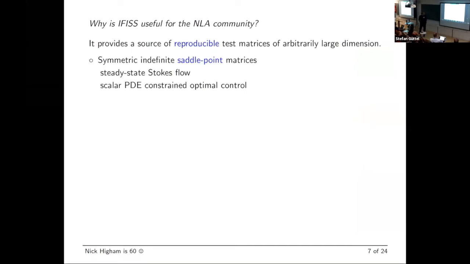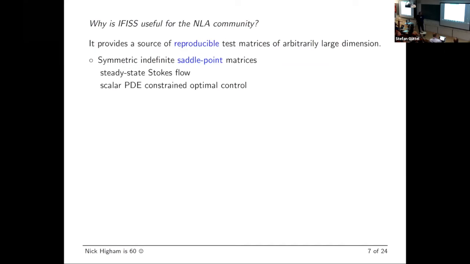A key thing is, though, it's of arbitrarily large dimension. In 2001, a 1,000 by 1,000 matrix was a large matrix. And today, the sparse matrix dimension could easily be 1 million, and it would do it in a few seconds or less. So your problem scales with the era you're operating in.